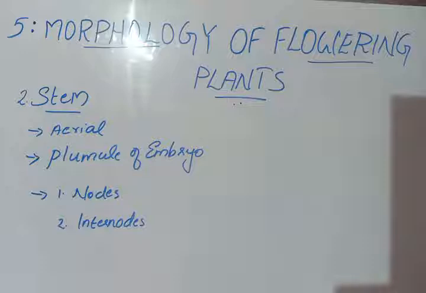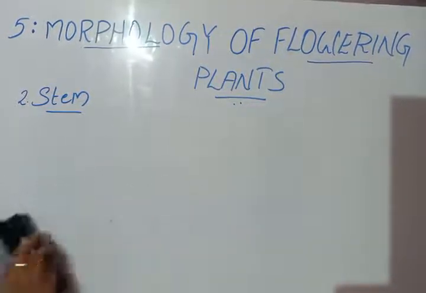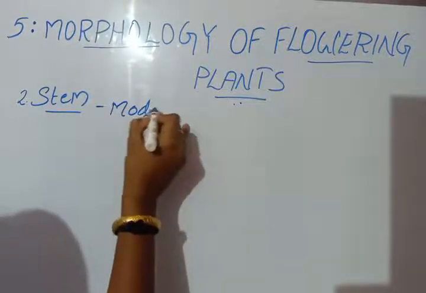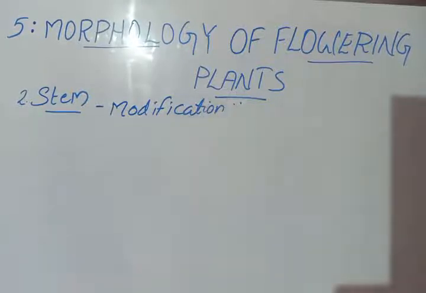Now come to the modification of stem. There are not various different types, not like that. We move directly to the modification of stem. Actually, this chapter is very simple. You can easily understand by just reading the chapter itself. There is no need of any lecture. Only the last portion, the taxonomical description part, requires a class. Otherwise, all is very easy.